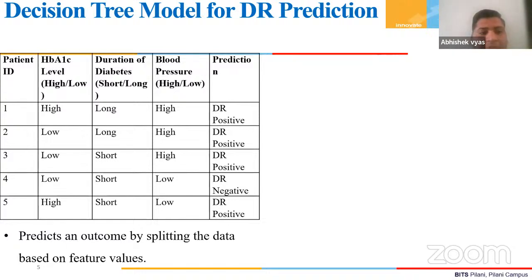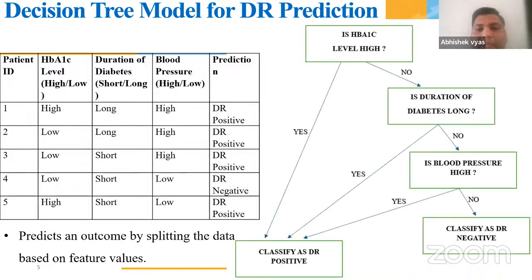Okay. So our outcome of this decision tree is, which it will predict based on its model, that a new person when entered into the decision tree will have DR positive or DR negative. So when we give this data set of 5 patients, a tree will be drawn similar to this. So for the first patient, HbA1c level is high, then it will ask if HbA1c level is high. If it is high, it will say yes. So it will predict, classify as DR positive